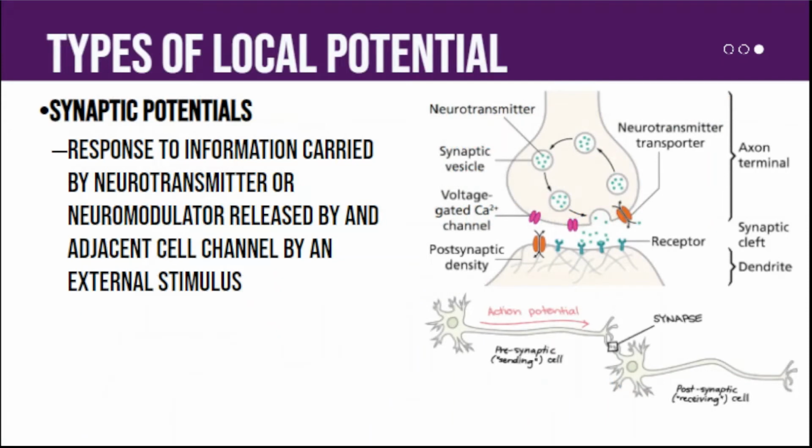Yan. So, there are many different types of local potential, and I want to start with the synaptic potentials. If you remember, sabi natin, the axon transports signals from the cell soma away from the body. Now, at the end of your axons, you will find your axon terminal. And your axon terminal will combine or attach to a dendrite on another nerve, as seen in this image, no? You have here the soma, the axon, and then the axon terminal is attached to the dendrite of a second